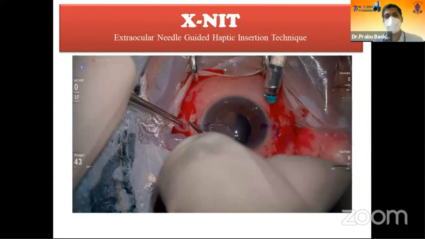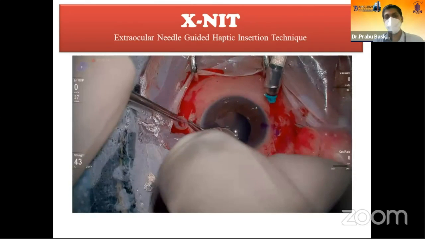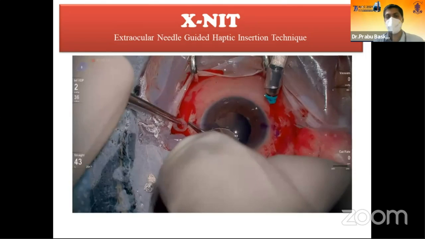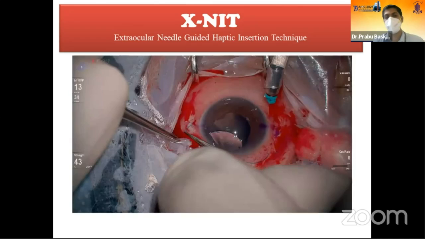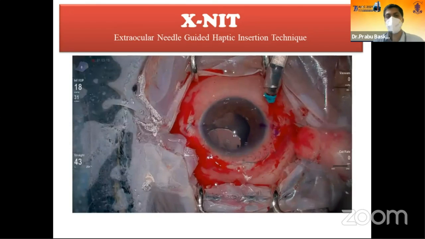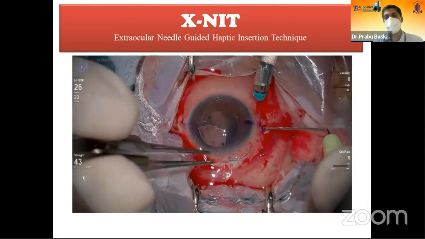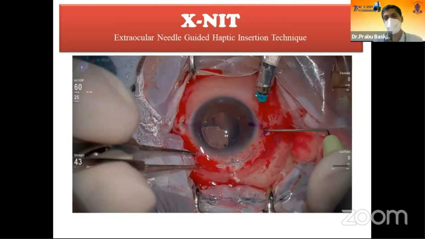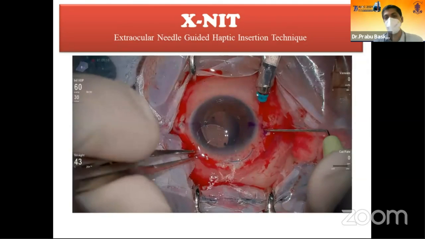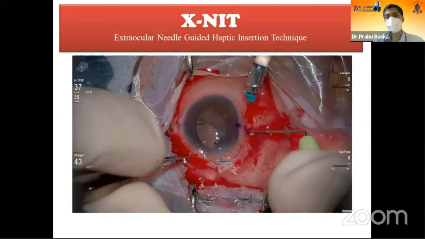As it was discussed by the previous speaker, trusting your assistant is very critical. If you have a trusted assistant, that's great, but you may not be lucky every time. So I generally use a silicone stopper. When we push it close to the sclera, you get additional intraocular length of the haptic, which helps in maneuvering your trailing haptic. So you can do the same thing on the other side.